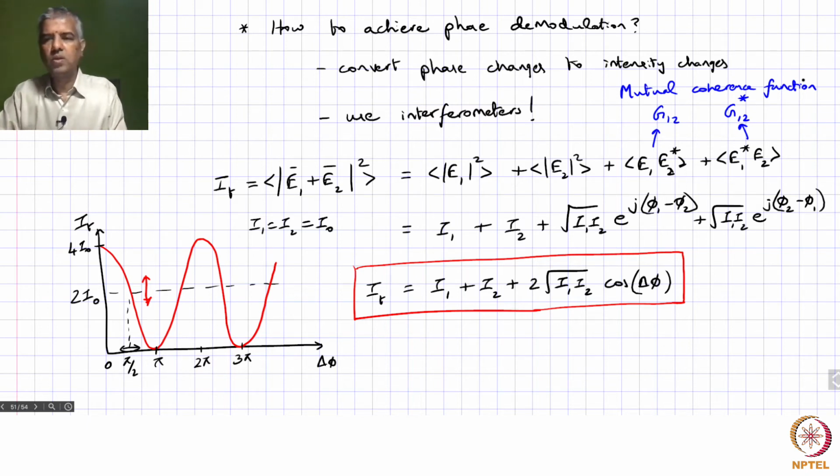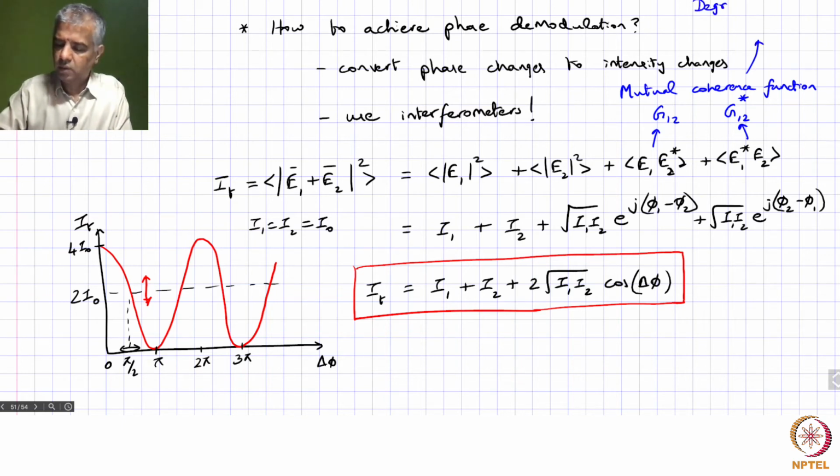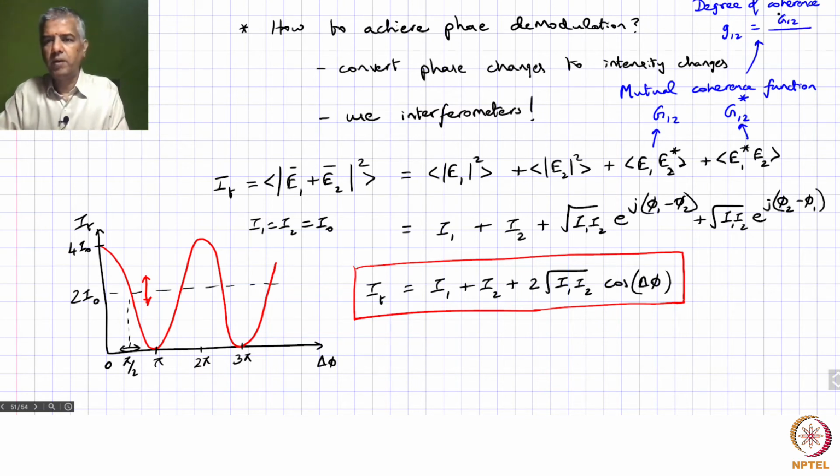You could use what is called a degree of coherence. So instead of the mutual coherence function, you can define a quantity called degree of coherence, small g12, such that it's this capital G12 divided by